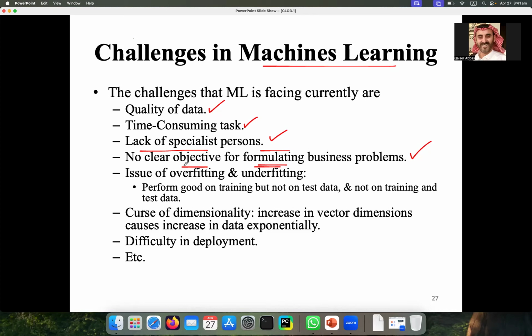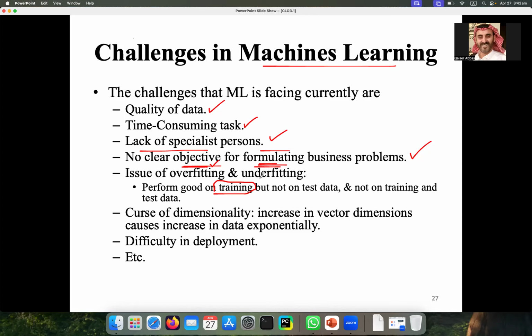So now the issue of overfitting and underfitting. If your model is performing well on training data but not on test data, that is called overfitting. Again, if our program is performing well on training data but not on test data, then it is called overfitting.